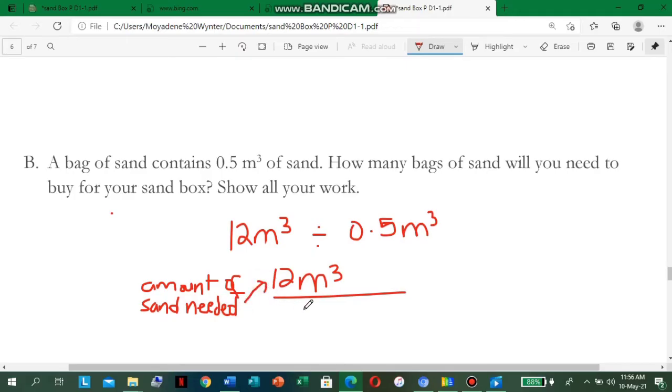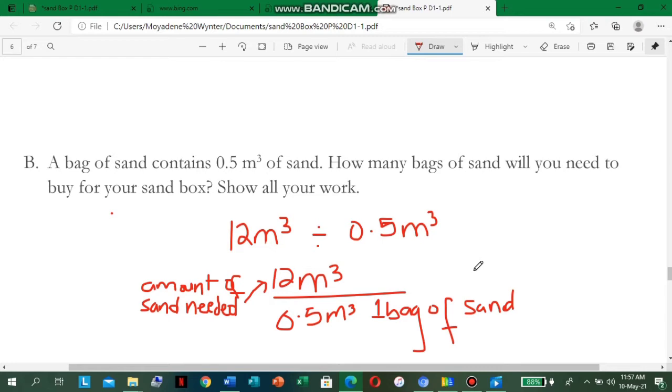This is the amount of sand needed, and this is the one bag of sand, which is 0.5 cubic meter. One bag of sand. So when we divide these two measurements,